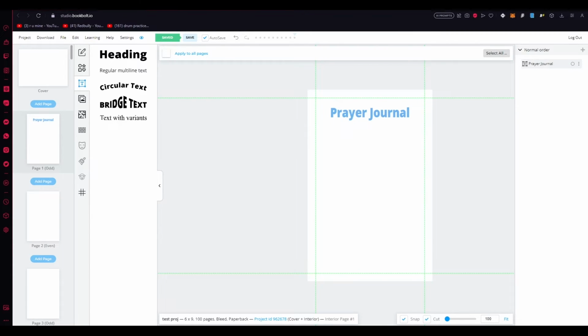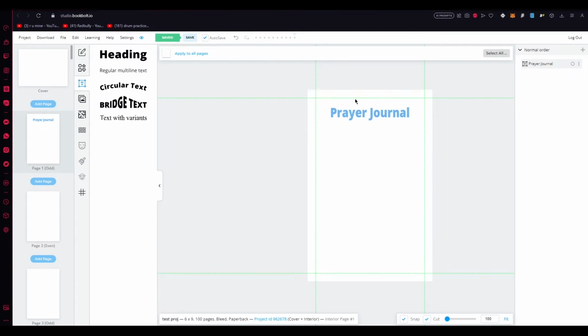So having added and customized our text, it's time to inject some visual elements into our design. Graphics can hugely enhance your book's aesthetic appeal and make it more engaging for readers. In BookBolt, you have the liberty to actually add a variety of graphical elements, be it images or shapes. So let's start with images. Maybe you have an inspiring photo, a thoughtful illustration, or a relevant diagram that you actually want to include into